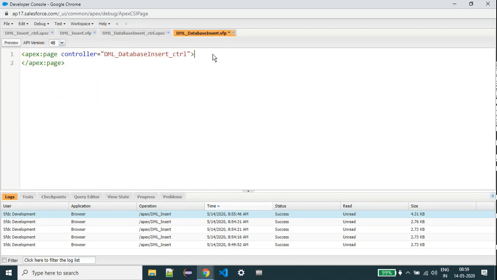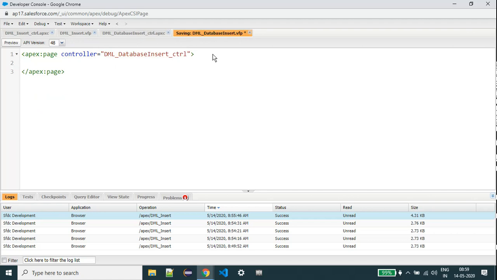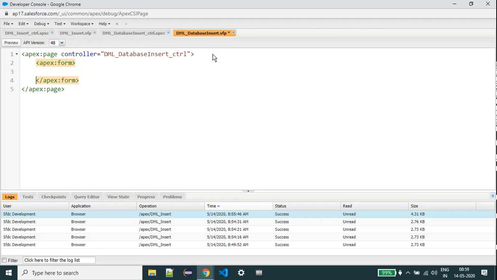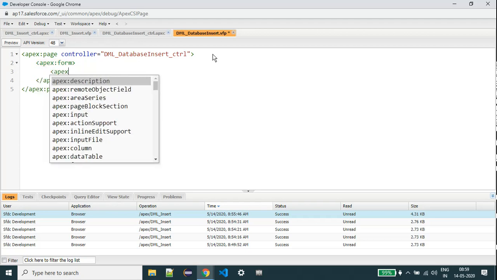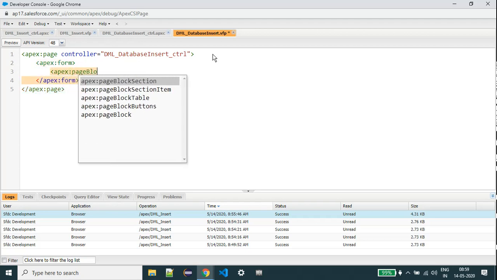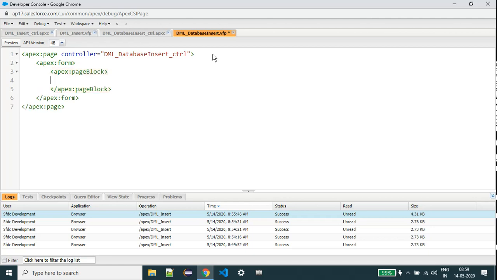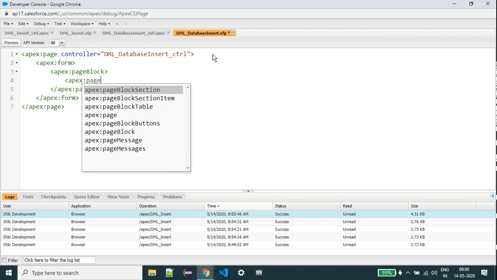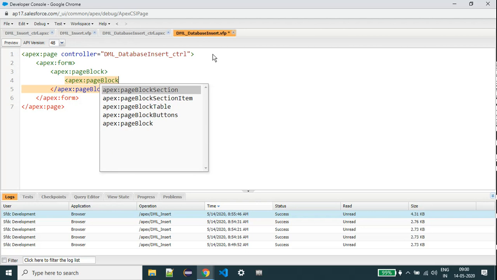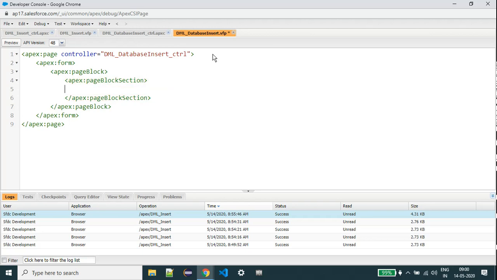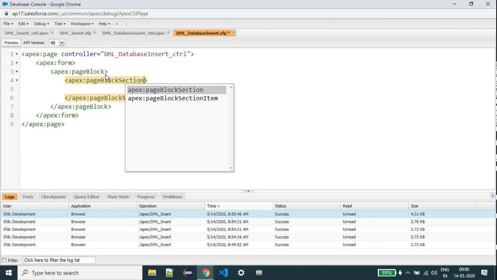Here save. Again apex:form, apex:pageBlock, then apex:pageBlockSection with the title.